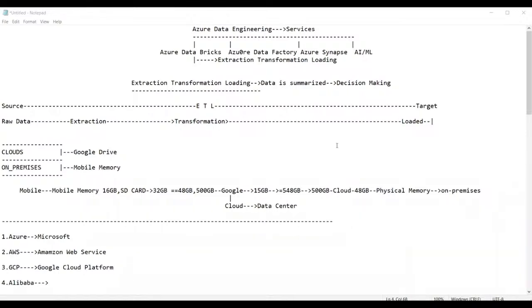But it is asking for a credit card number. Yes, credit card, obviously, that is for the free subscription. It will charge some 2 rupees from the credit card, and the free subscription will be valid for 30 days. After that you have to go for the pay as you go model. That model is based on your usage only, and it will not charge an individual more than 700 to 800.